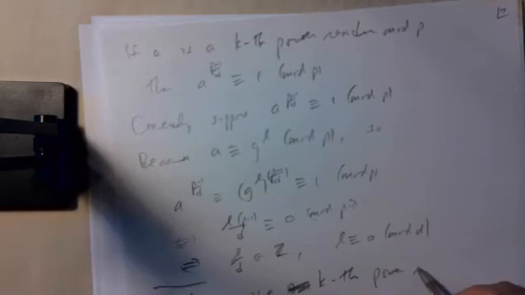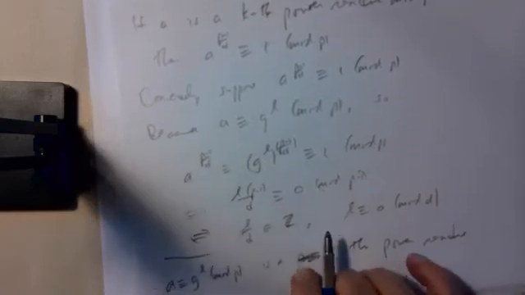And finally, one other point. A congruent to g to the l mod p is a kth power residue if and only if